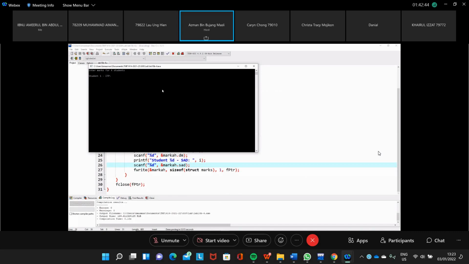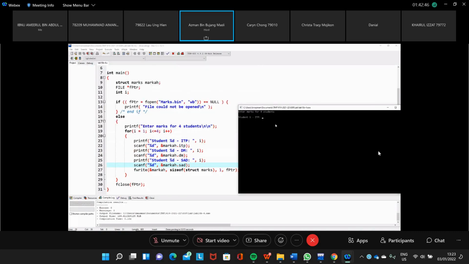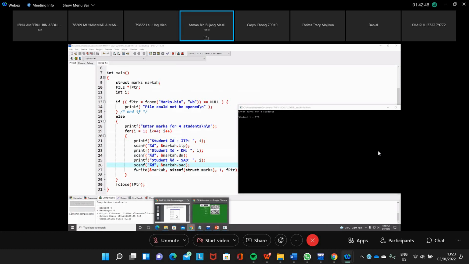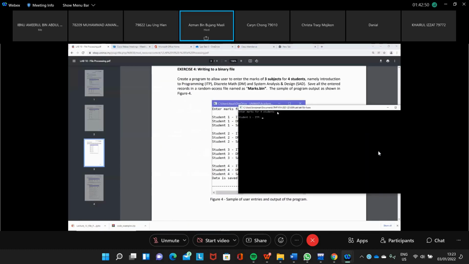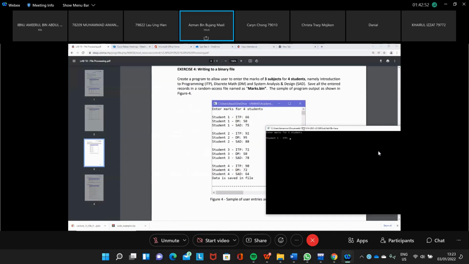So this one is the mark here. 66, 50, 75. This is student 2, so we need to put another printf there to get the space. So 92, 95, 88.